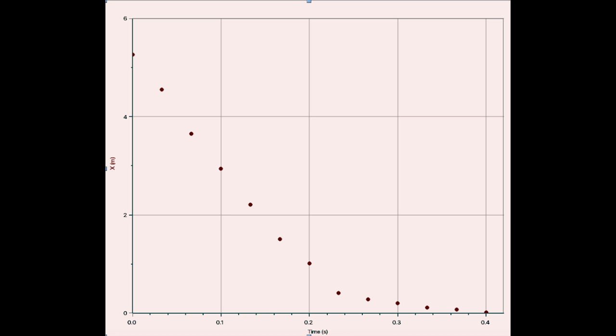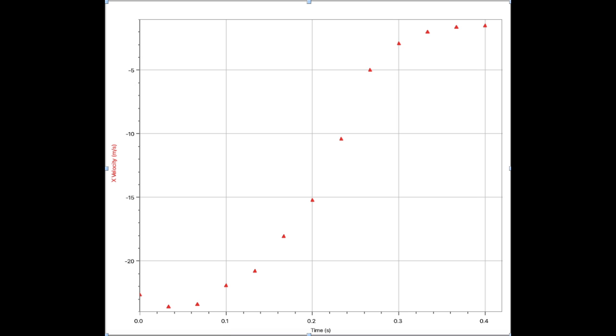This idea is illustrated in this graph of position of the ball compared to time. You can tell that in the first half of the graph, the ball is moving very quickly, whereas after it hits the net, it slows down until it slowly comes to a stop. This graph simply shows the relationship between time and velocity.